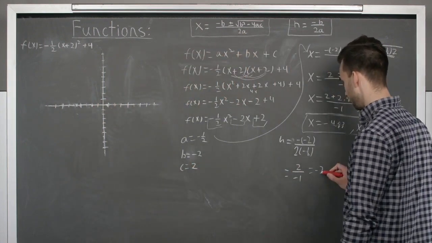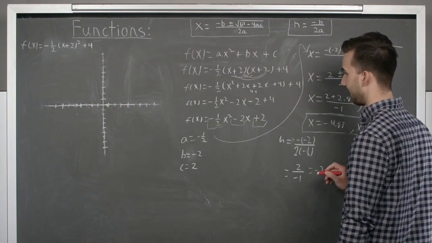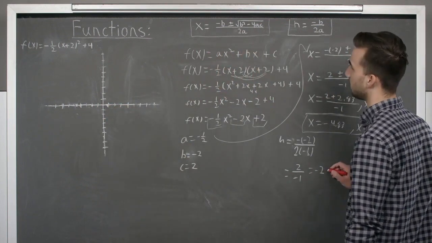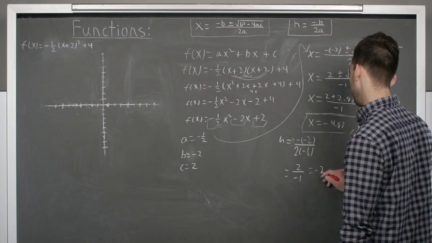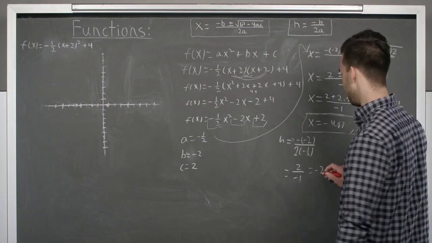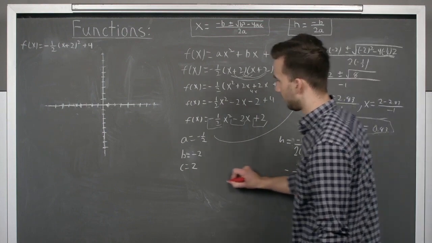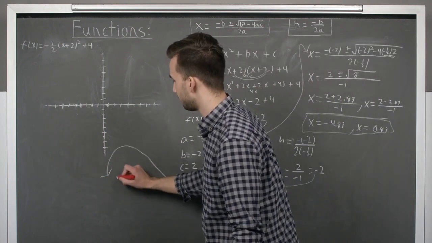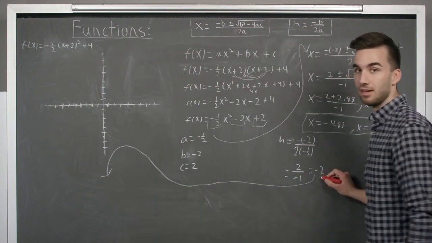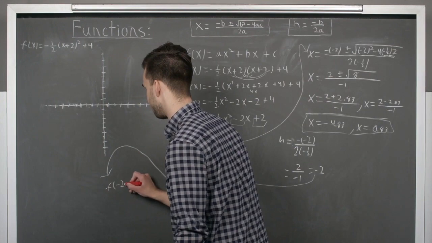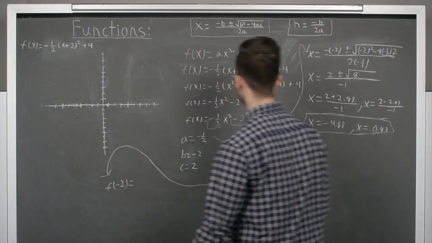So we know that, well, that's not the vertex, that's just the x value. We need to plug it into our function in order to give us the y value. So I'm just going to bring all this back over here so I have more room. So we're trying to find f of -2 to give us the y value of our vertex. F of -2, so